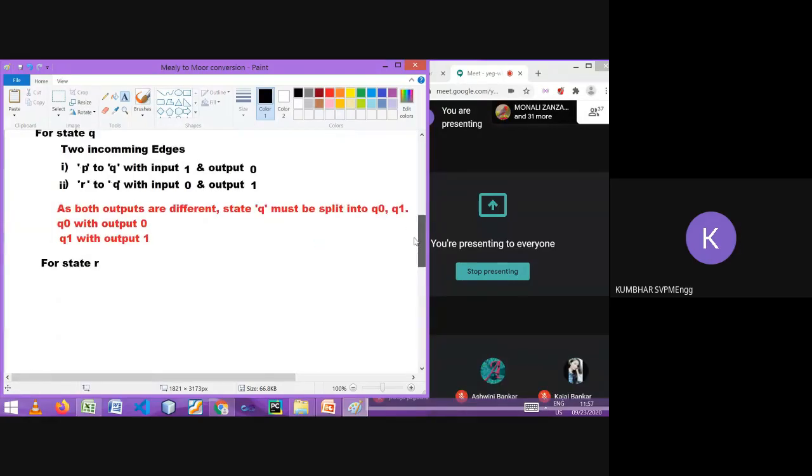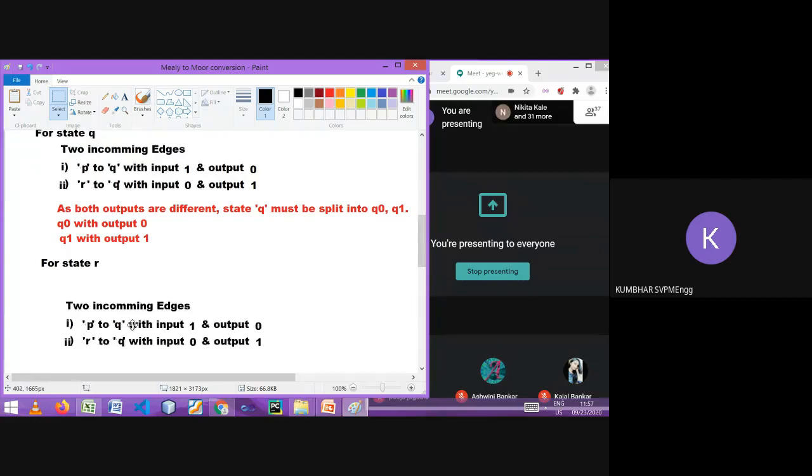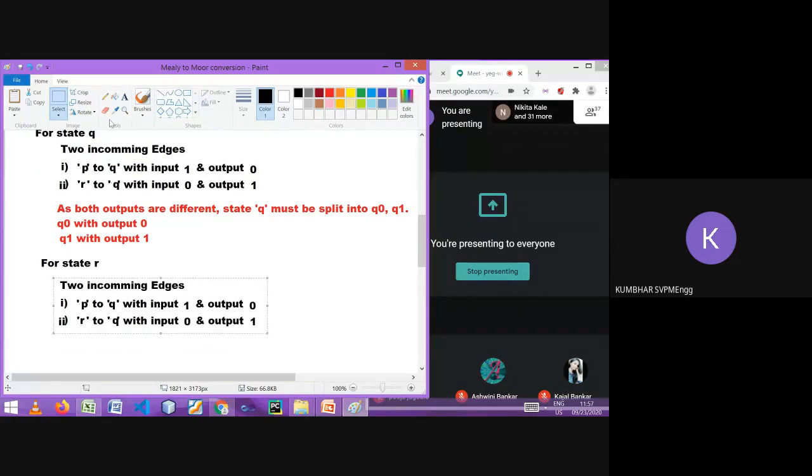So let me write that. Again, two incoming edges, so we will write from where to where, and which input and which output.